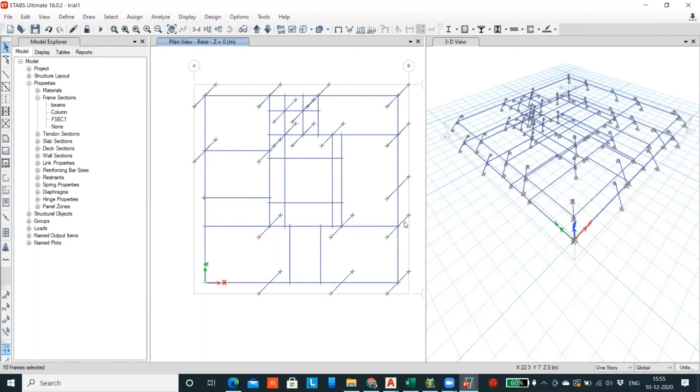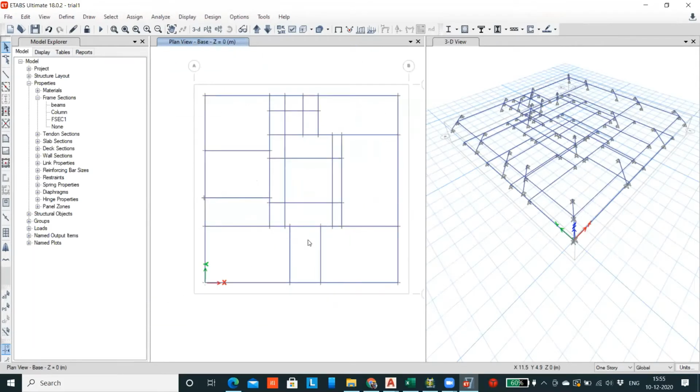I am just deleting these lines so that there will not be any confusion. Once you select these lines, click on delete. These lines are remaining, so select them and click on delete. Okay, now this is your floor plan at the bottom level.